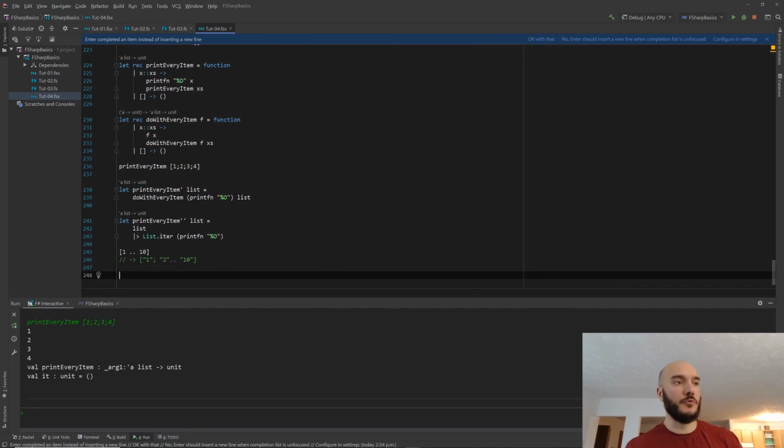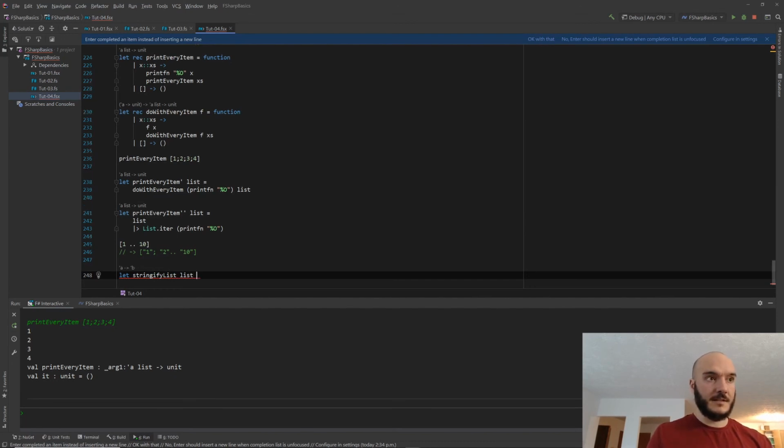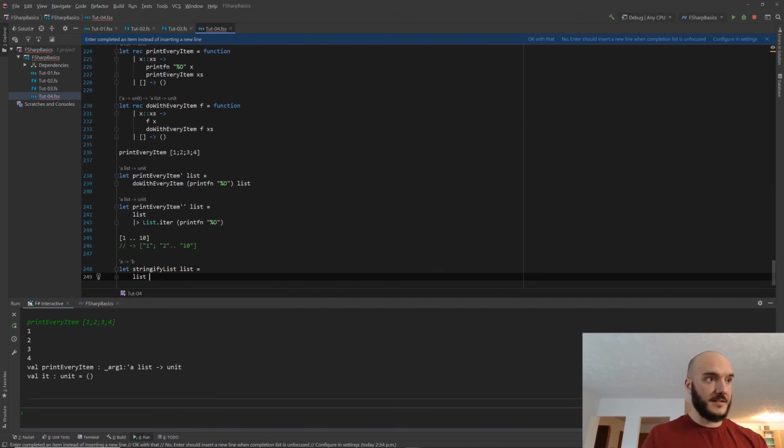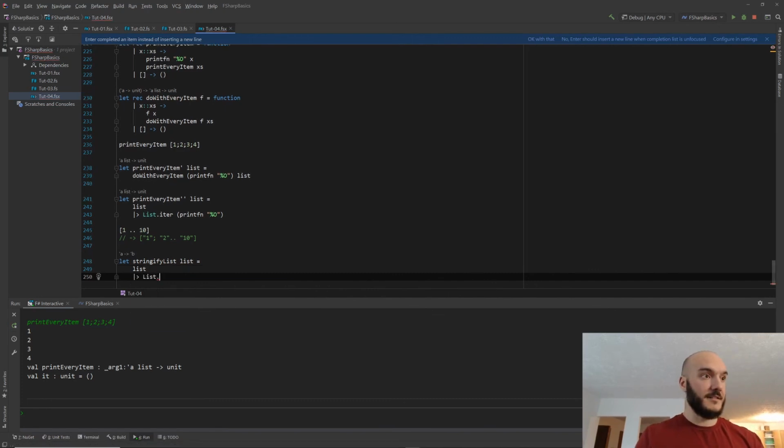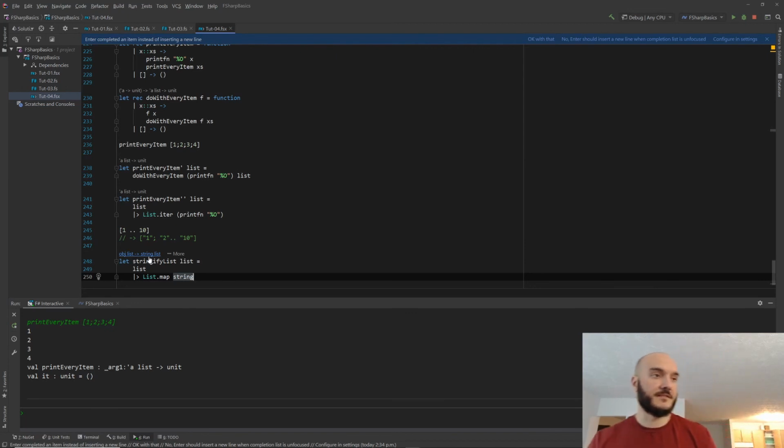Again, you could use a for loop or something like that, but we have a method that's called list.map. It's the mapping operator, and map is very prevalent in functional programming. So let's do stringify list, and I have a list here, and I'm gonna pipe it into list.map, and the function that will take an integer and convert it to a string is actually the string method here. And it says I have an object list and it converts it to a string list, which is fine,